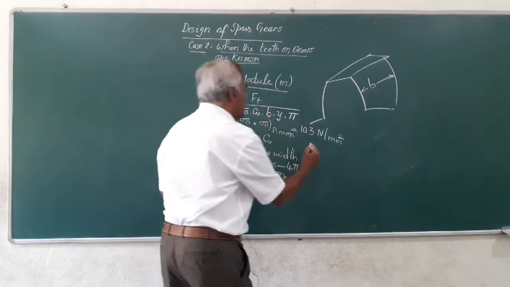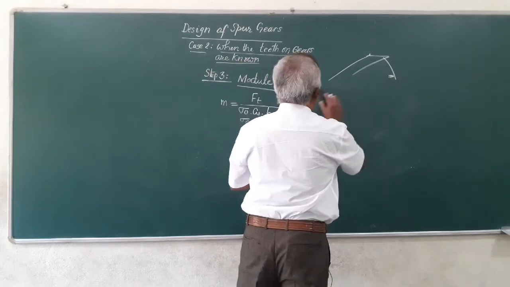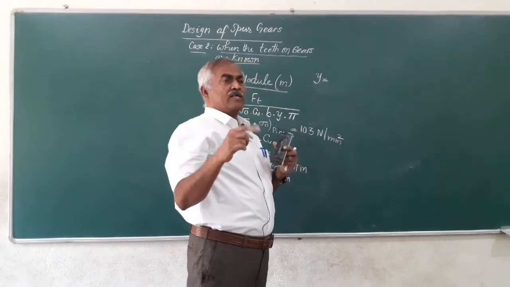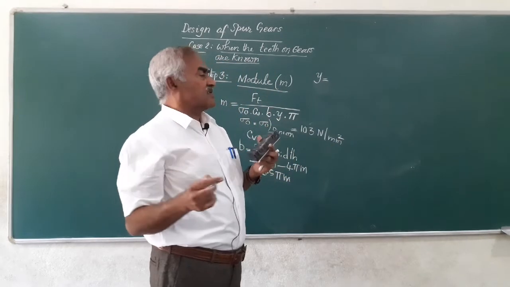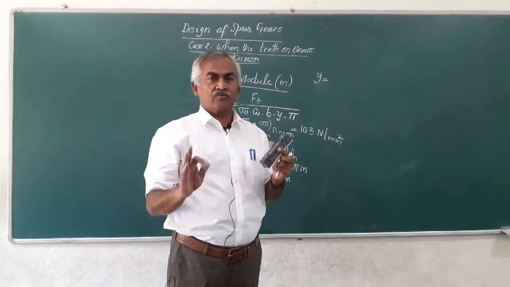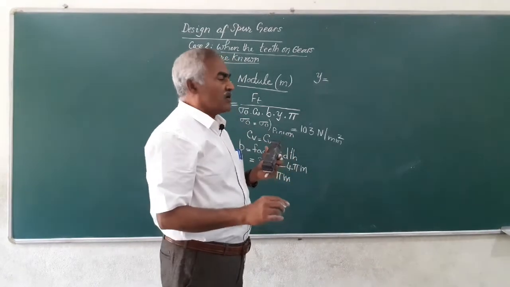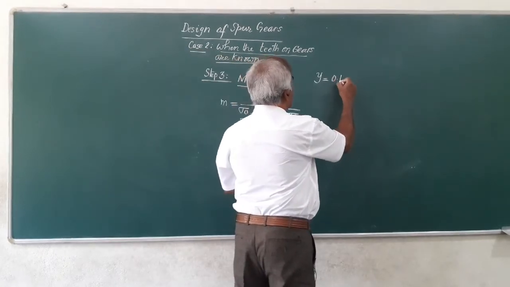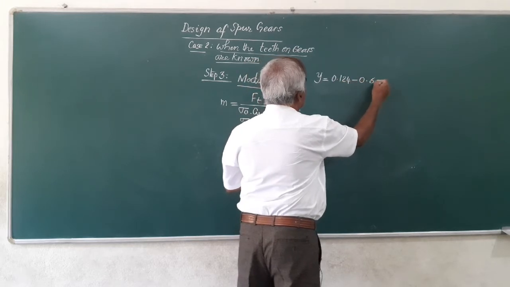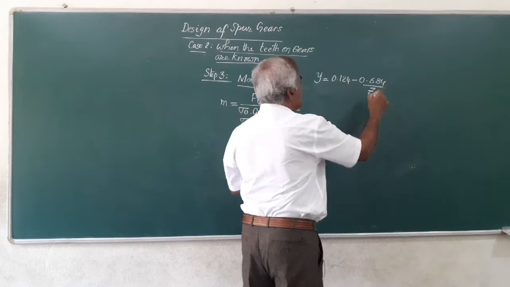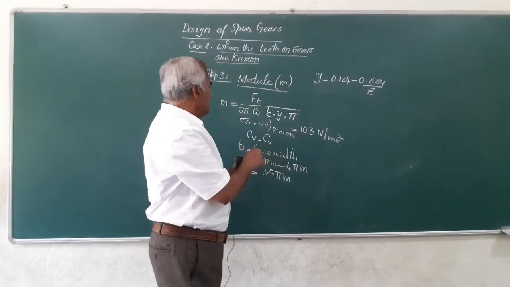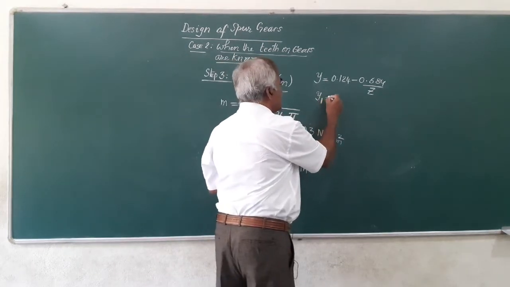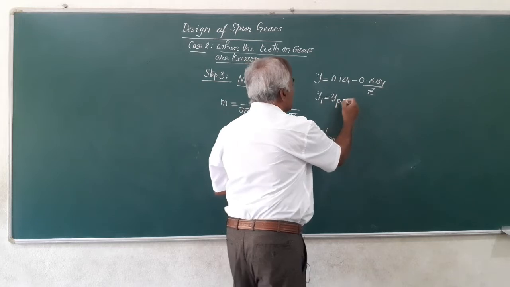Friends, next comes Y. Y is called Lewis form factor. So, in the problem, it will be specified what type of the profile it has got. It could be 14.5 degrees involute profile or 20 degrees profile. So, I assume 14.5 degrees involute profile, for which y is equal to 0.124 minus 0.684 divided by z, where z is the number of teeth. Friends, here I am interested to find out y of the pinion, that is y1 we call, which is nothing but y pinion is equal to